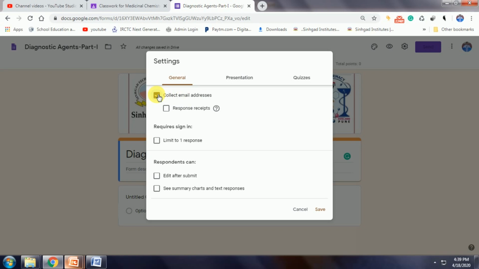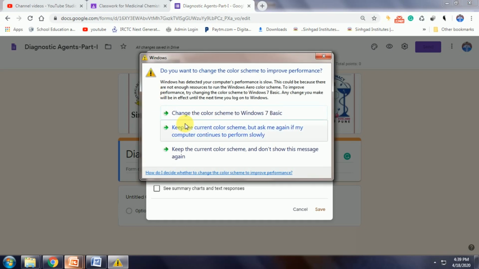So always collect the email addresses. Another advantage of collecting email addresses is for the authenticity of the student. You can check from his or her email ID whether that student is the one giving the test. Then limit to 1 response.